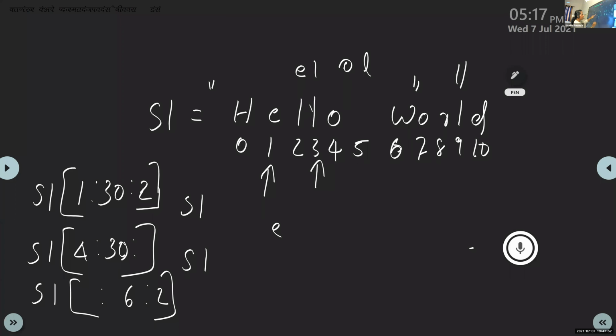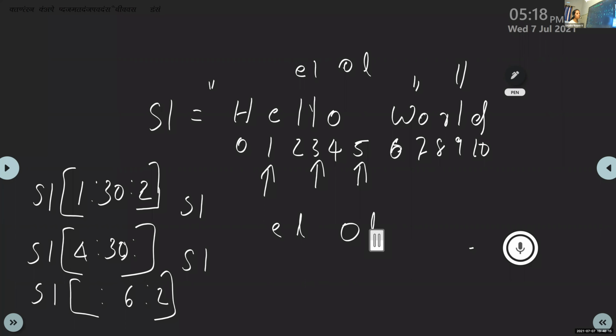It is L. 3 plus 2 is 5, it is space. 5 plus 2 is 7, it is O. Then 7 plus 2 is 9, it is again L. Then 9 plus 2 is not there, so we stop there. The output is EL space OL.